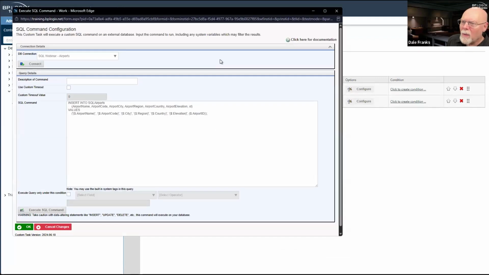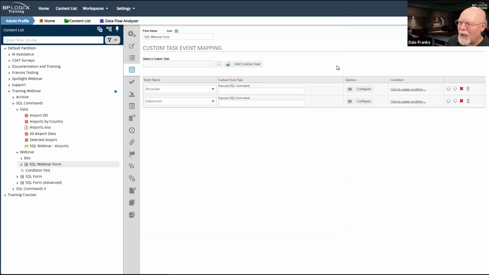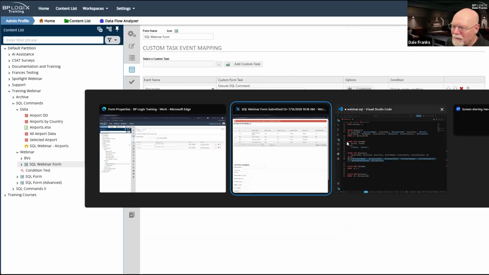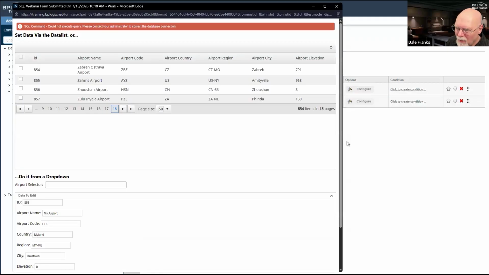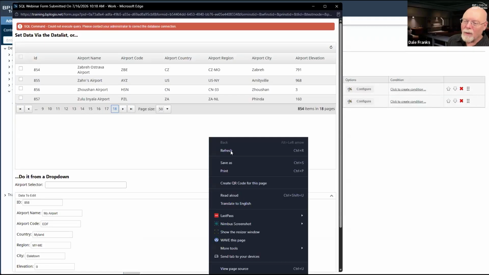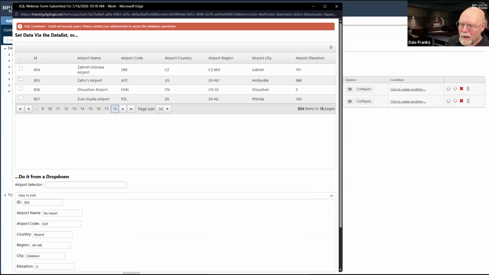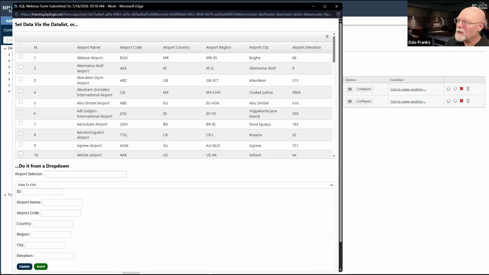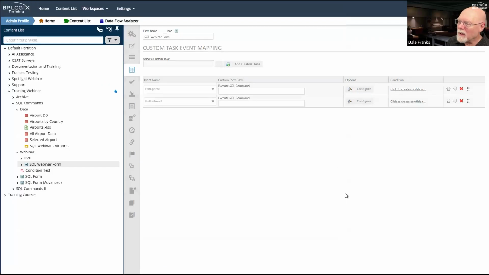Why was there an error message when I opened it up? Did I just not save? I might not have saved my configuration. Do I have any other configuration forms open? No, I don't. Okay. So once again, let's refresh my form. Actually, I need to run an update over here.